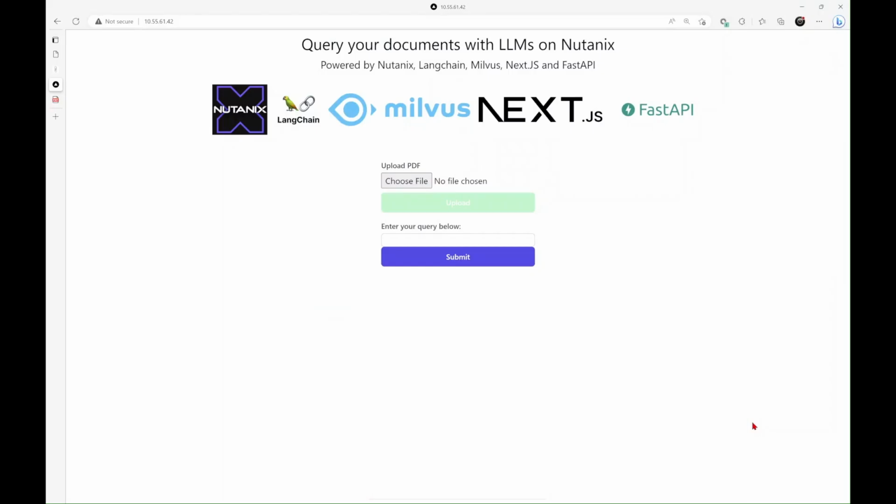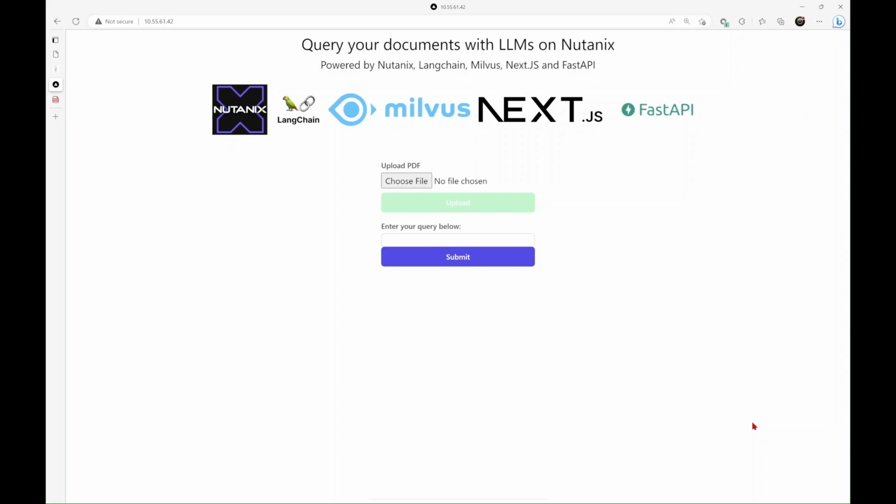Today I'll be demonstrating how we can interact with our documents using large language models on the Nutanix Cloud Platform. The Nutanix Cloud Platform that I'm using today for this demonstration is fully hosted on premises in a data center. This means that all the large language models, APIs, and vector databases that we are working with are all hosted on premise. The benefit of this is that when everything is running on premise, organizations now have control over their data without having to send or rely on public APIs in order to reap the benefits of large language models